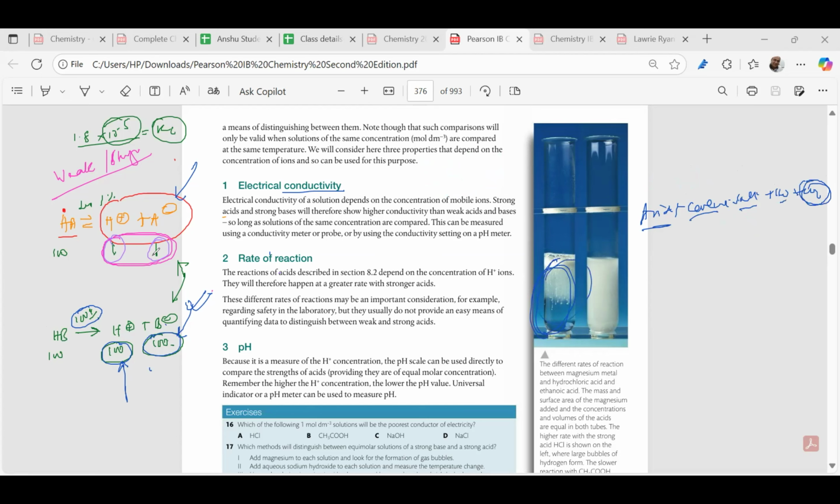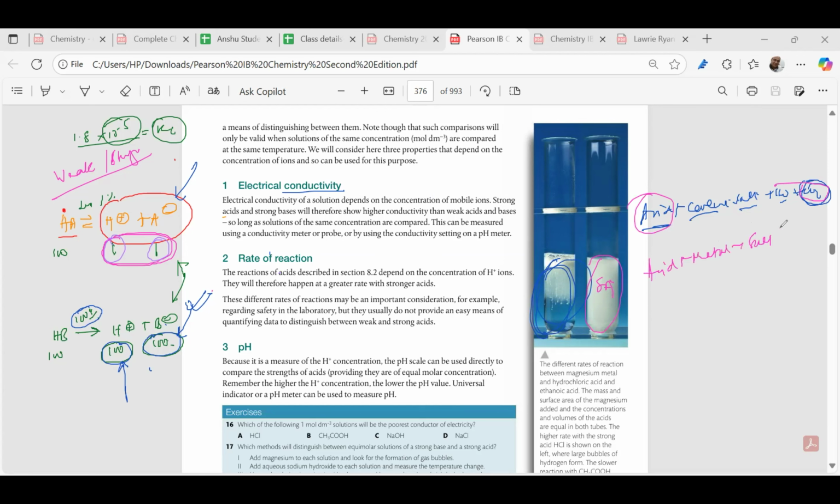But on the other hand, if you take an acid plus carbonate and take a strong acid, the carbon dioxide emission will be gushing, a huge amount, because all the acid will be dissociated in a strong acid. Similarly, if you take